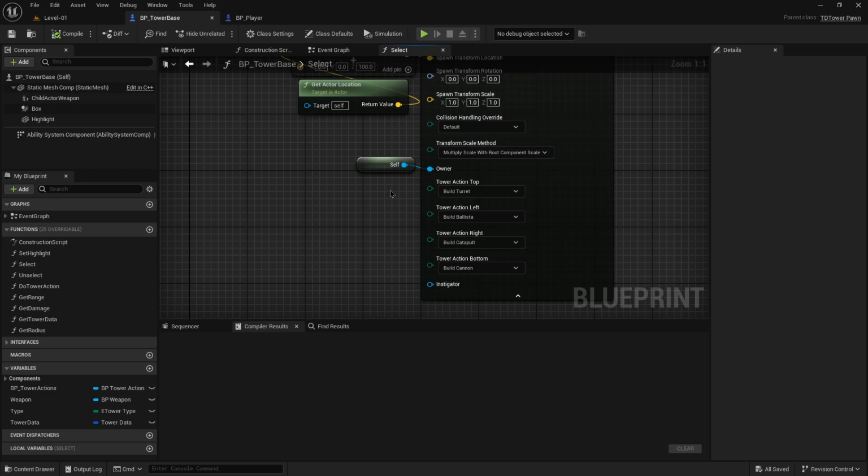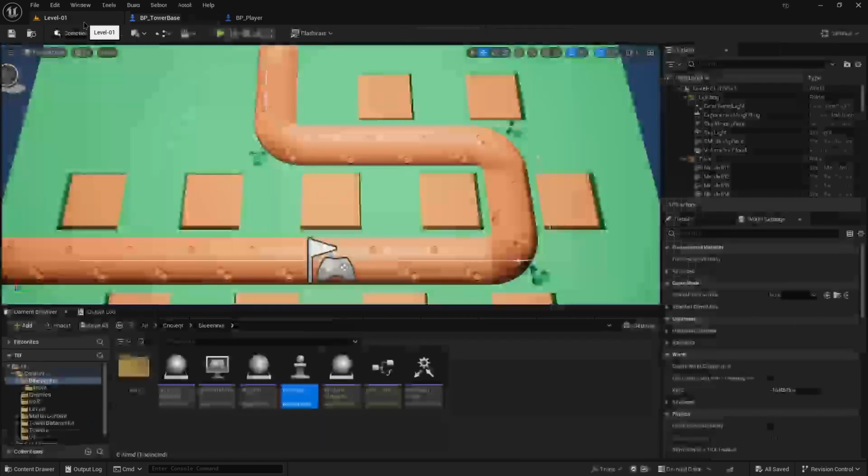So when we want to set it up so that a tower can be upgraded or broken down, we're going to reset some of these values. Now the problem is, as the code currently stands, if we set one of these to none, and I'm not going to do it, you play the game, you pop open the UI. Because it's none, one of the buttons just won't have any texture set to it. But if you hover over it, the tooltip will effectively crash Unreal. The reason why that is